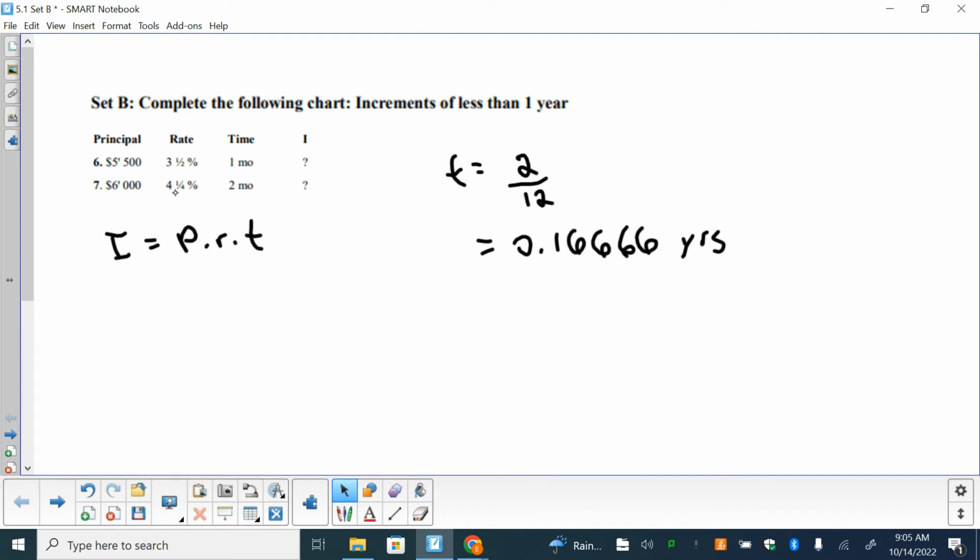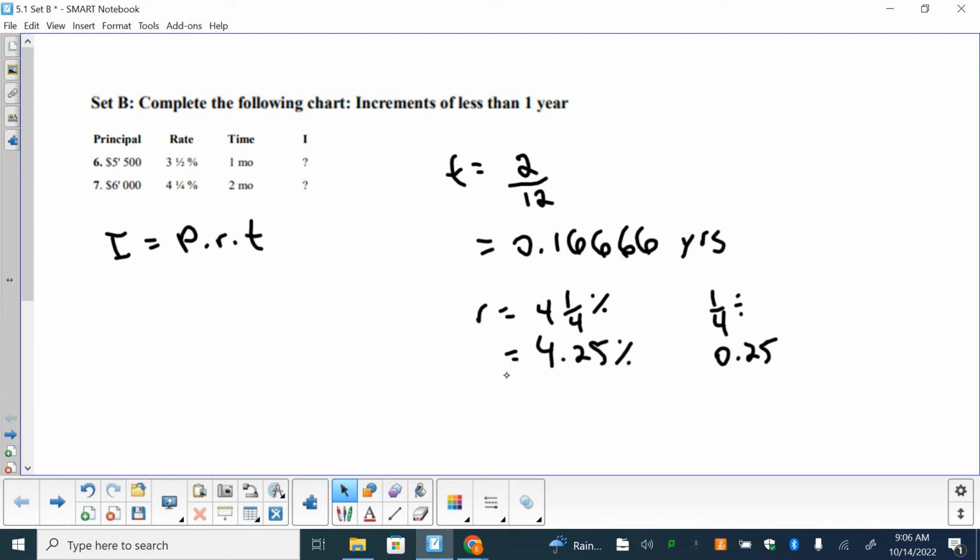Okay, the other thing we got to worry about is this rate. So this rate is 4.25%. So what I will do usually is convert that to a decimal. So it's 4 wholes, and then I'll take that quarter, right? So 1 over 4, divide that. And I know that's 0.25. So what am I looking at? I'm looking at really